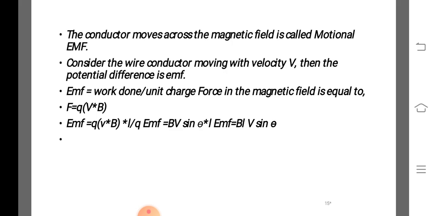Although the analysis of the DC machine is beyond the scope of these notes, we can see that voltage is generated as the coil rotates within the magnetic field. Another example of motional EMF is where a rod is moving between a pair of rails. In this example, B and U are perpendicular, Fm equal to I L cross B. So V EMF equal to U B L, Fm equal to I L B.